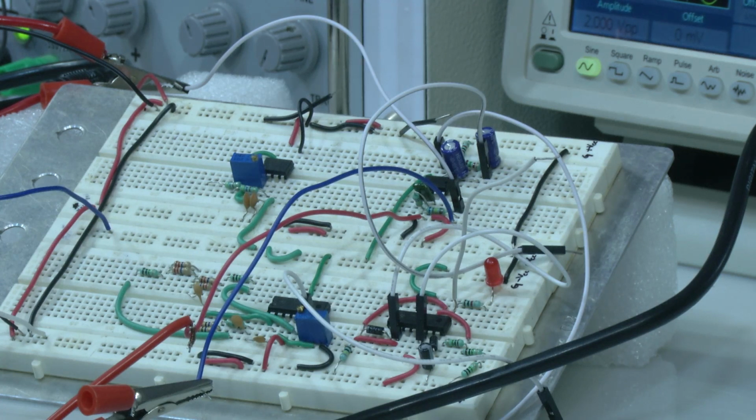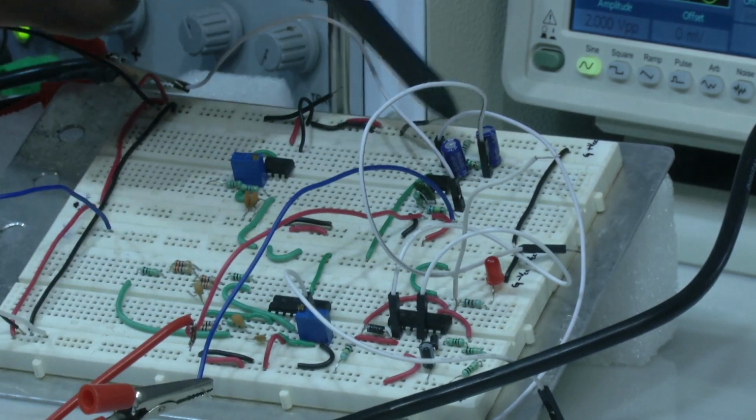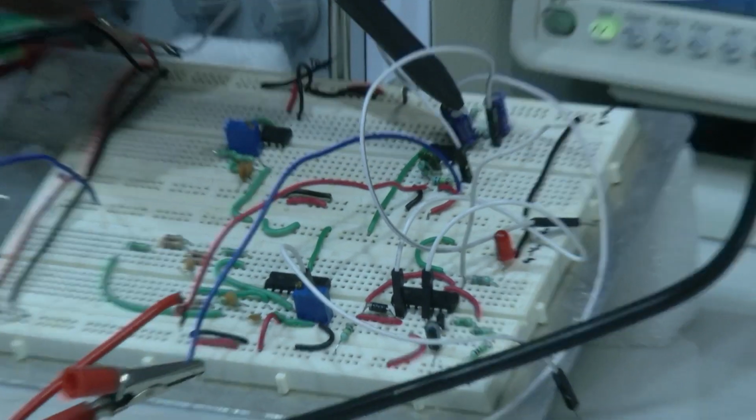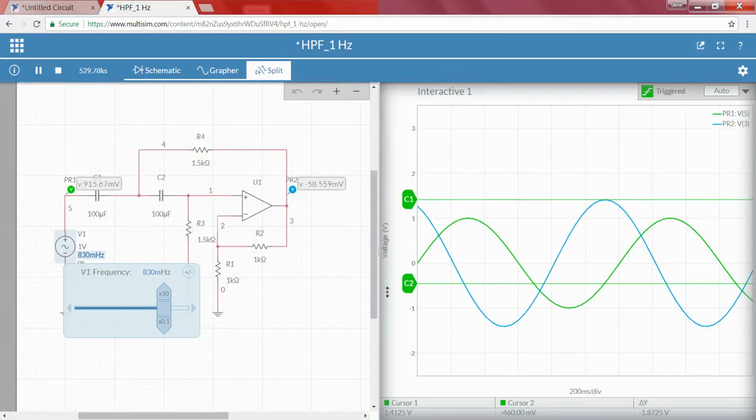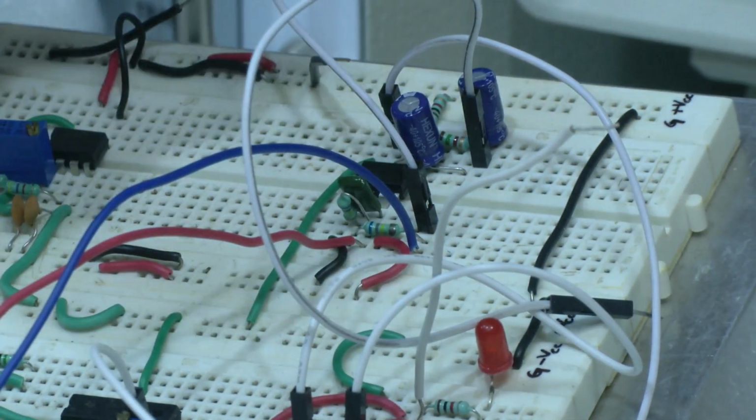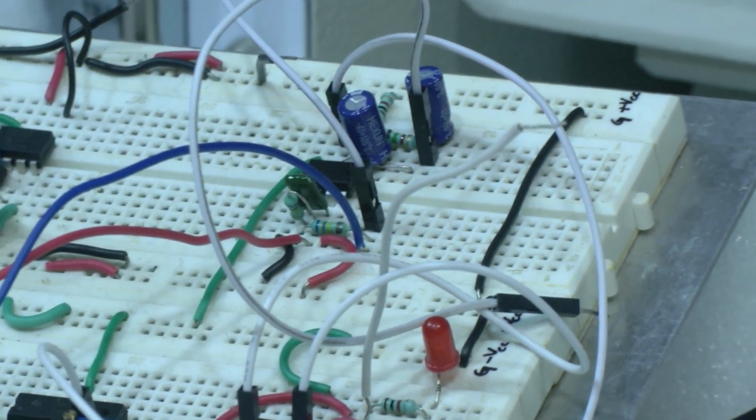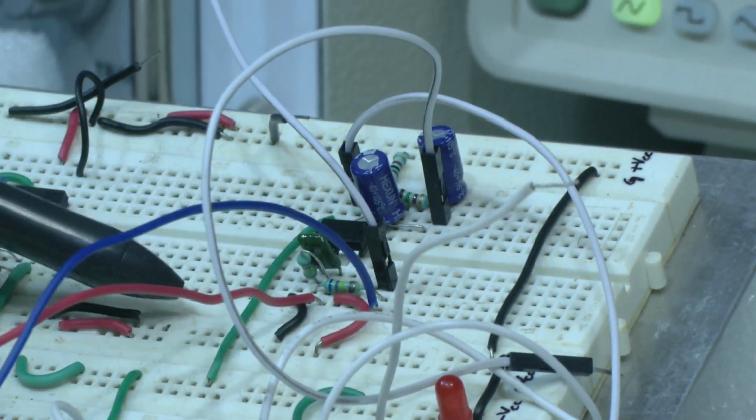Now, when we look into our TA board here, this part is completely the high pass filter circuit. This side of the op amp is the high pass filter, and this is the low pass filter circuit.